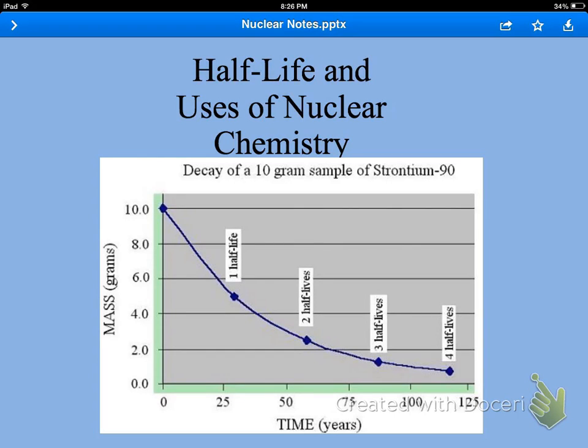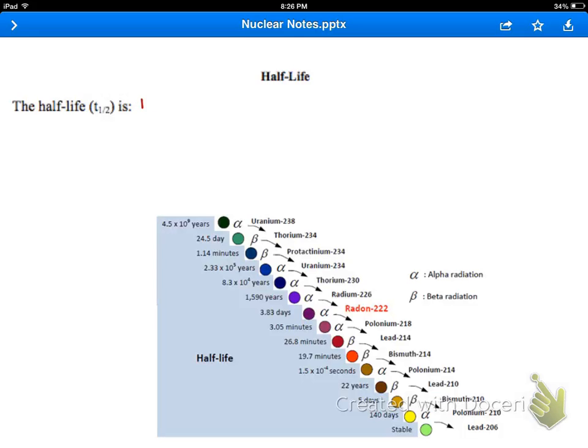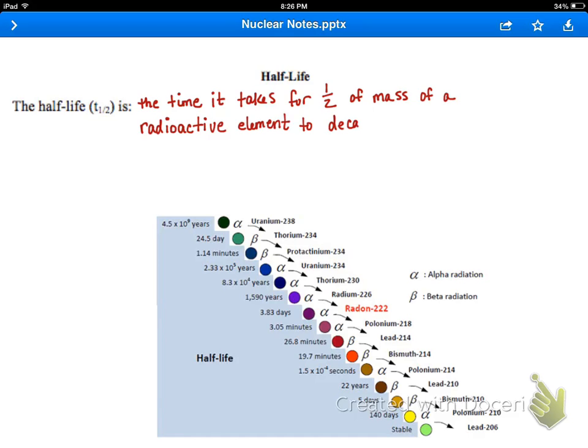This podcast is about half-life and how to do half-life calculations, and then a few of the uses of nuclear chemistry. So half-life is the time that it takes for half of a mass of something that's radioactive to decay. So for half of the amount to be gone, that is one half-life. So here's just a picture with the half-life